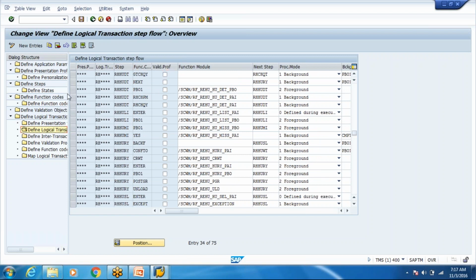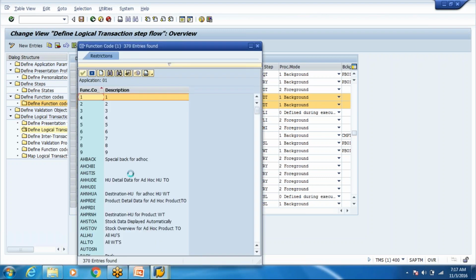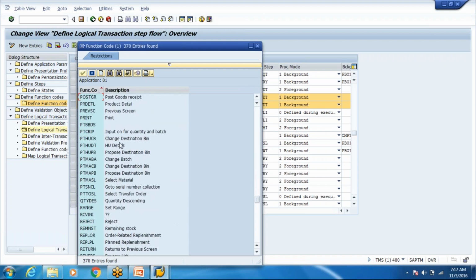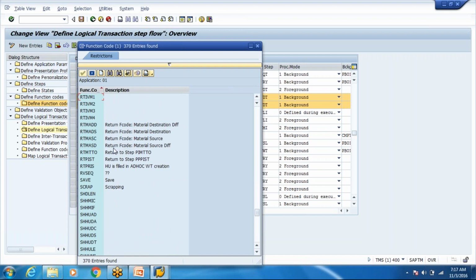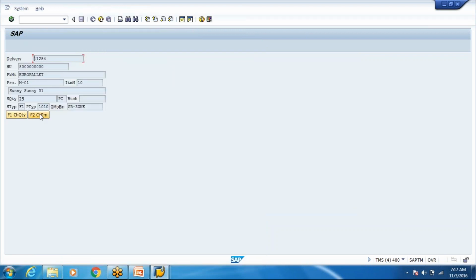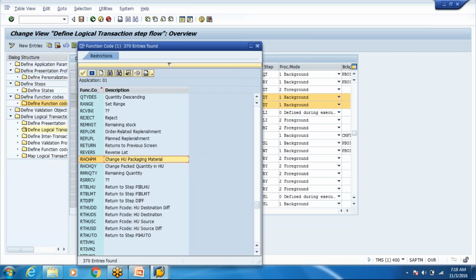So RHHUDT, if you press enter, this happens, but these are function codes as well. So RSCHPM, okay. RS change HU packaging material. So this is the function code which is coming over here.